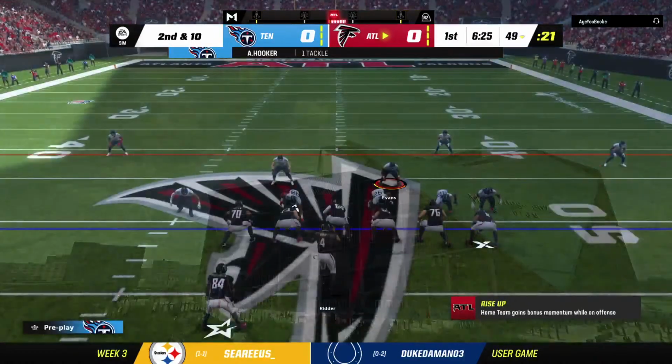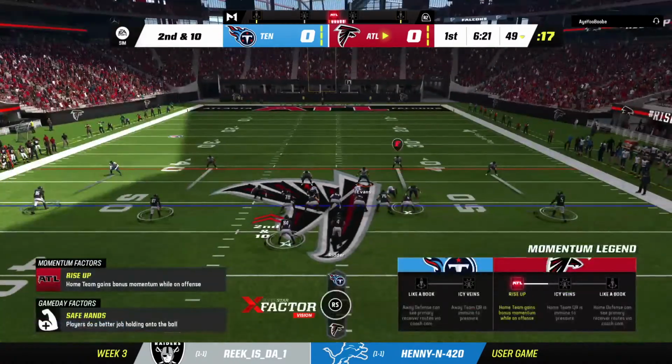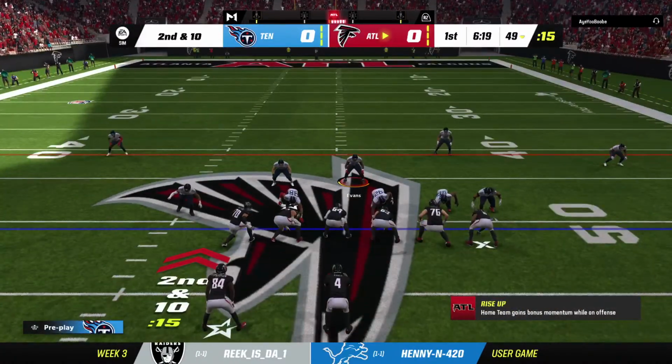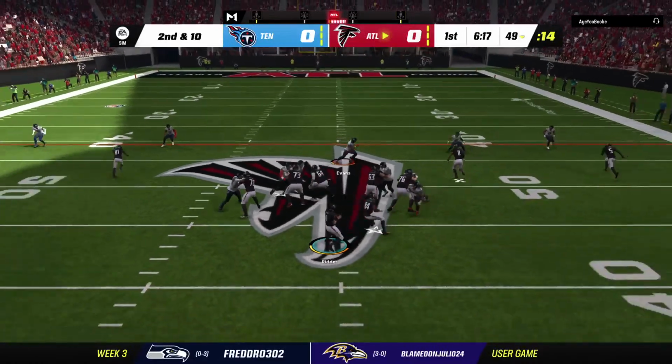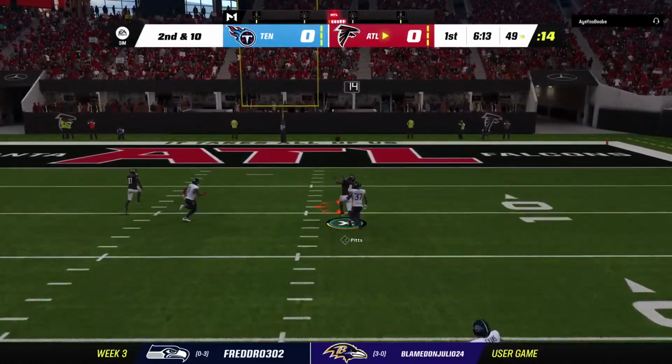The Falcons are 1-1 through 2 games thus far. It's not a start that's going to set the world on fire, but they've been pretty solid nonetheless. And the first thing that crosses my mind, it certainly beats the alternative of starting 0-2. I do think that this is a team that's got to...